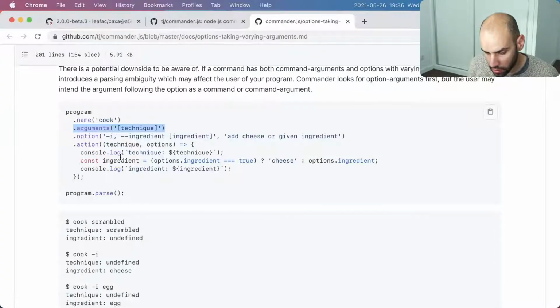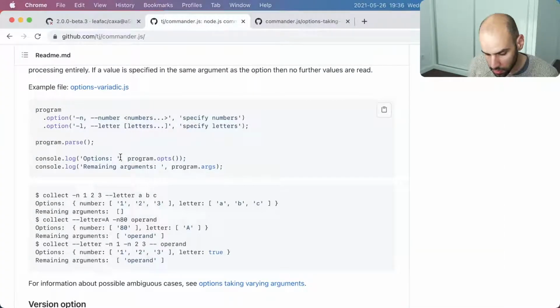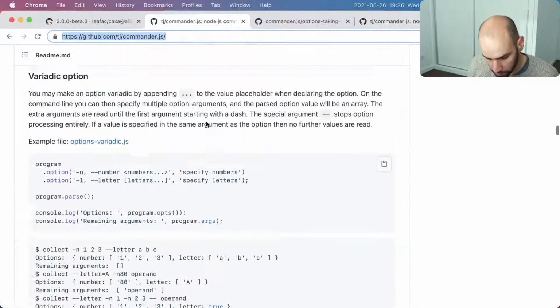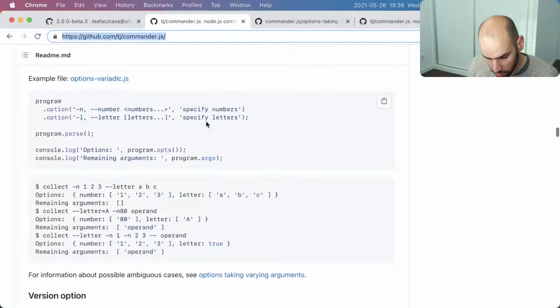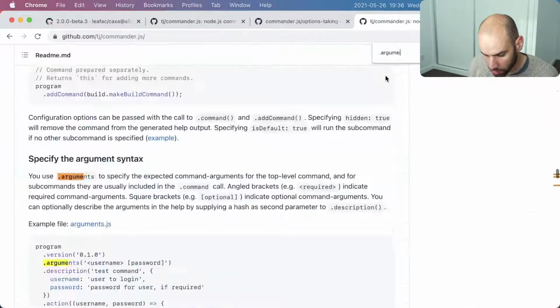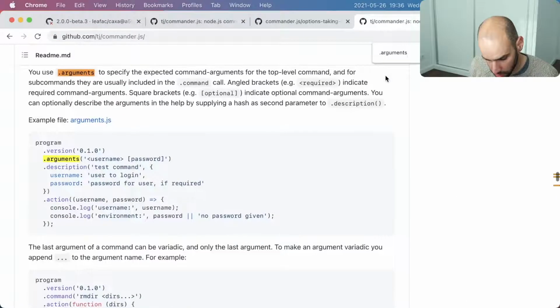And here we need to document this somehow. So let's look in the documentation for some way to document this. Arguments, description, I think that's our guy.